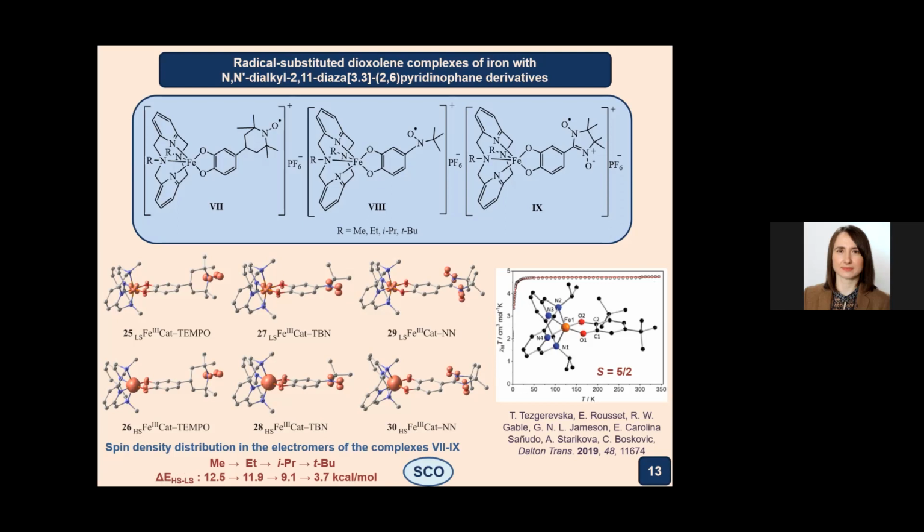It should be noted that crystal packing effects, which are not taken into account when performing DFT calculations of single molecules, can lead to the fact that the complexes with isopropyl and tert-butyl derivatives will be in the high-spin state in a wide temperature range. A similar situation was observed earlier when studying the iron complex with the